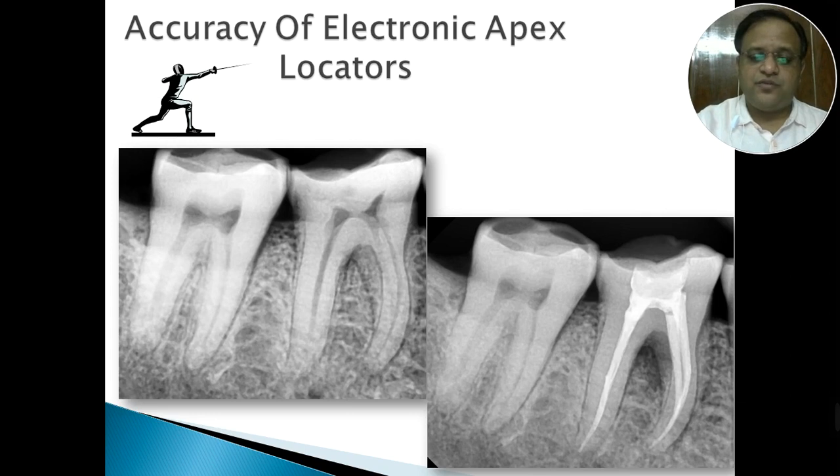Few people ask how accurate an apex locator can be. Apex locators are usually very accurate. The learning curve is not very high, but the clinician's acumen comes in. When you take a radiograph and do a root canal with the help of x-rays and the electronic apex locator, it has been seen that there is a 98-99% success rate. That means you will not be misguided when you are using apex locators in most cases.